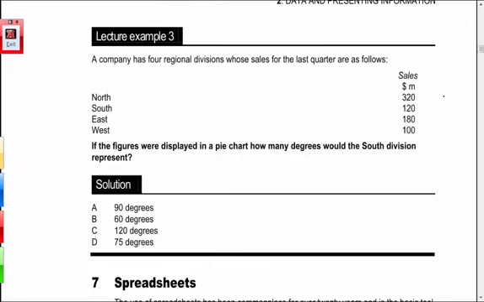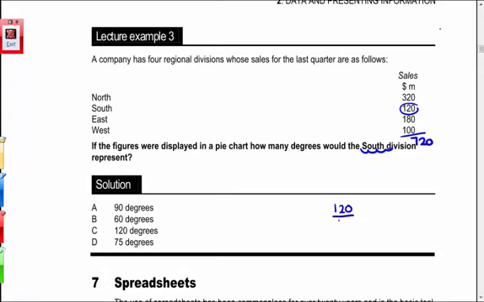In example 3, we're going to look at one of the ways in which this could be tested. So we could see questions on presenting information in fact recall type questions, but here in example 3 is some application. So we've got 4 regional divisions and we're given information about the sales for the last quarter for those 4 areas. And what we want to do is to work out how many degrees would be represented by the South Division. So the South Division then is 120 million of sales out of total sales of